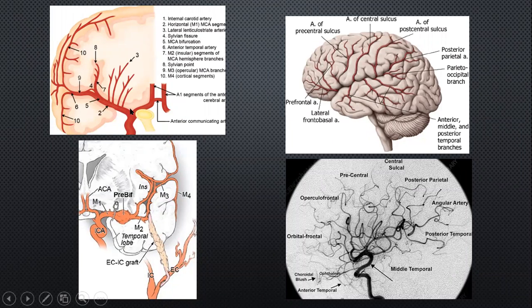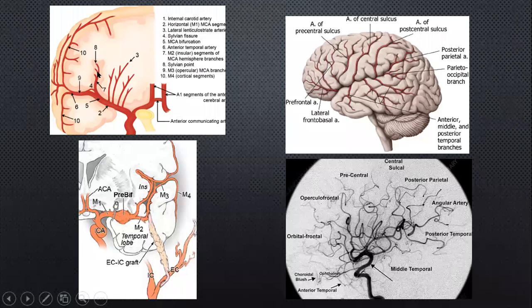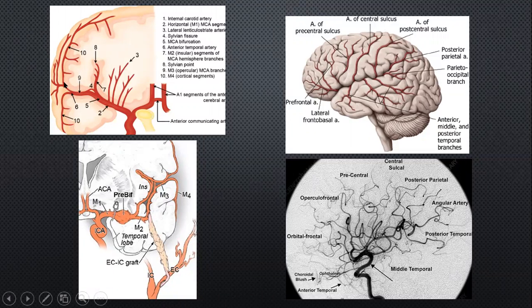So this is again to emphasize the vascular anatomy. This is the M1 segment. This is the M2 segment over here, and then as soon as it starts coming out, we reach the M3 and subsequently the M4. And this is a surgical slide to show again the same anatomy and the relevance of identifying that M1 segment, the length of the M1 segment, because that is where the surgeon may have to reach up to the proximal carotid to obtain control prior to operating more distally.